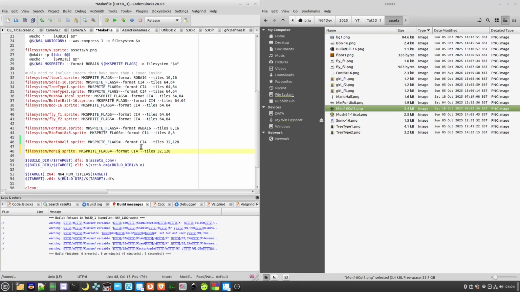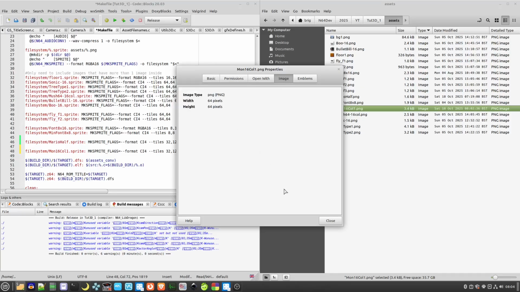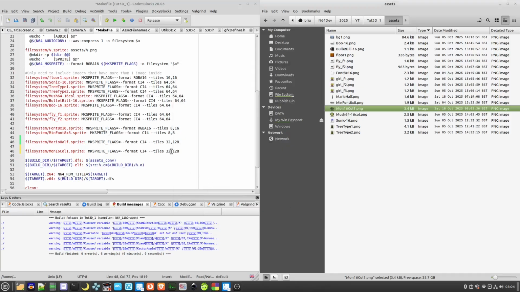The size is too big. And then in this case, I think it's 64 by 64. And then just specify your size in there, just so the Make Sprite program knows